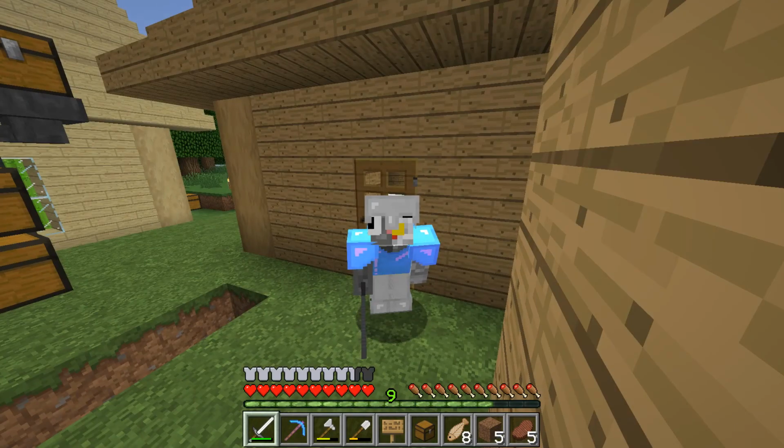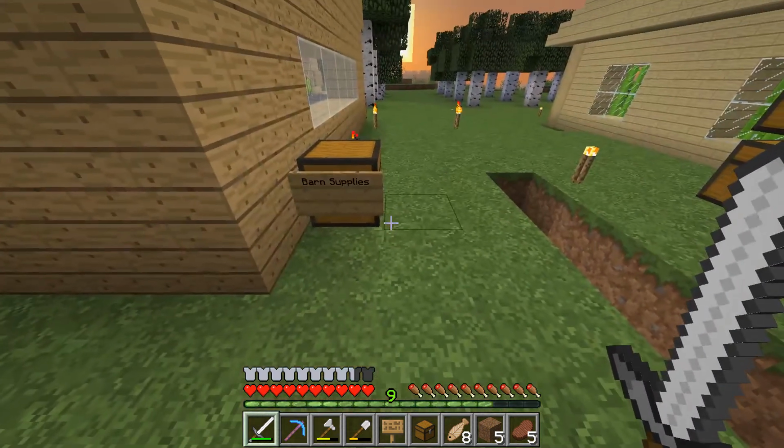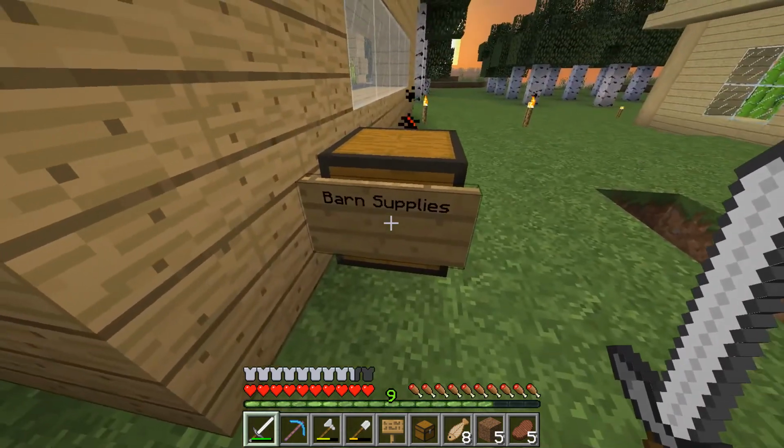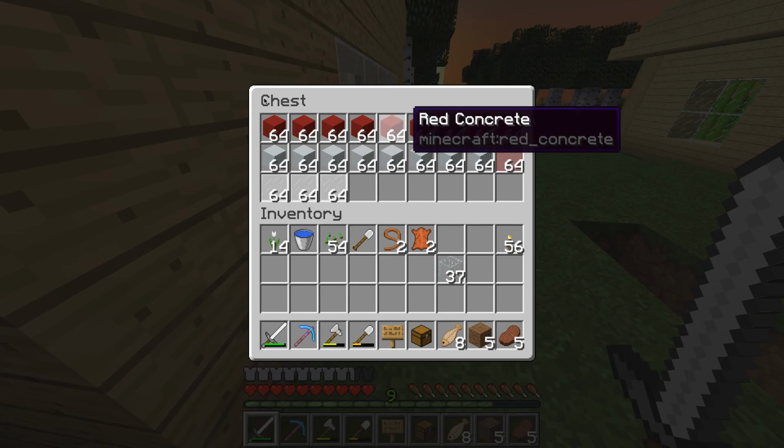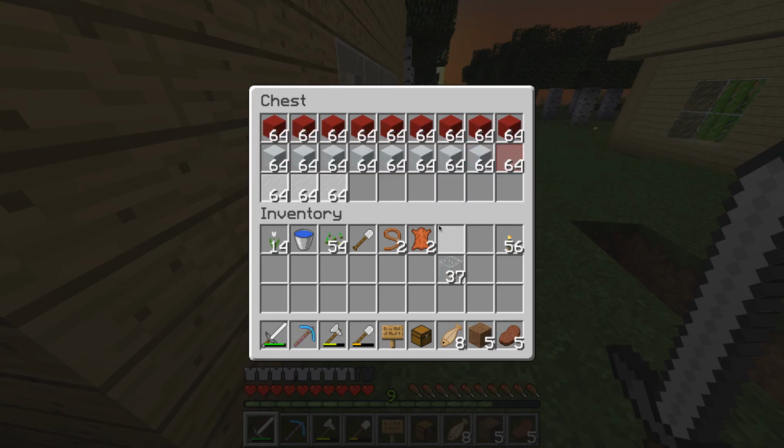So I've just finished gathering up some sand, and I hope you enjoyed the third-person time-lapse. That's not really something I've done before, but I have gathered up some barn supplies, and you can see that this chest is very clearly marked barn supplies. I don't know why I felt the need to do that, but if we look inside, we've got quite a bit of concrete and glass, and I think I'm definitely going to need more than this to build...